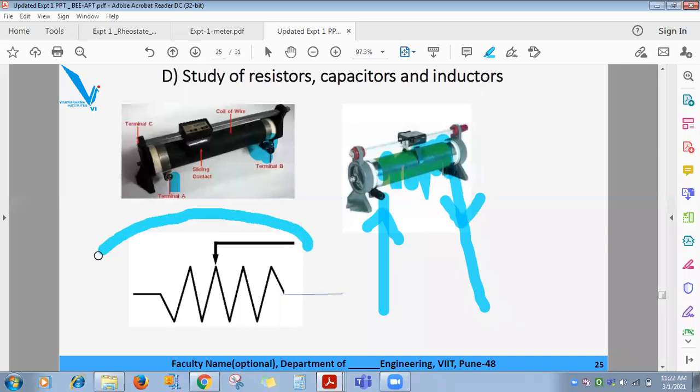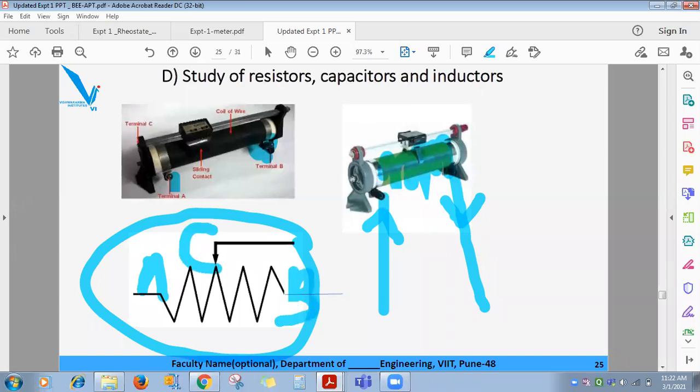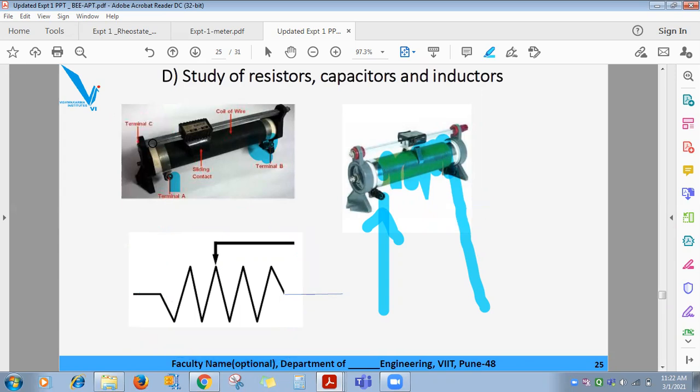See, this is the symbol of the rheostat. This is marked as terminal A, this is another fixed terminal B, and this point is the variable terminal C. The lower two are called fixed. Why? Because if I connect one incoming wire here and the leaving wire there, current will enter through A, travel through all the turns and leave through terminal B. You move this sliding point contact anywhere, still current will flow through all the turns. That's why they are called the two fixed points.